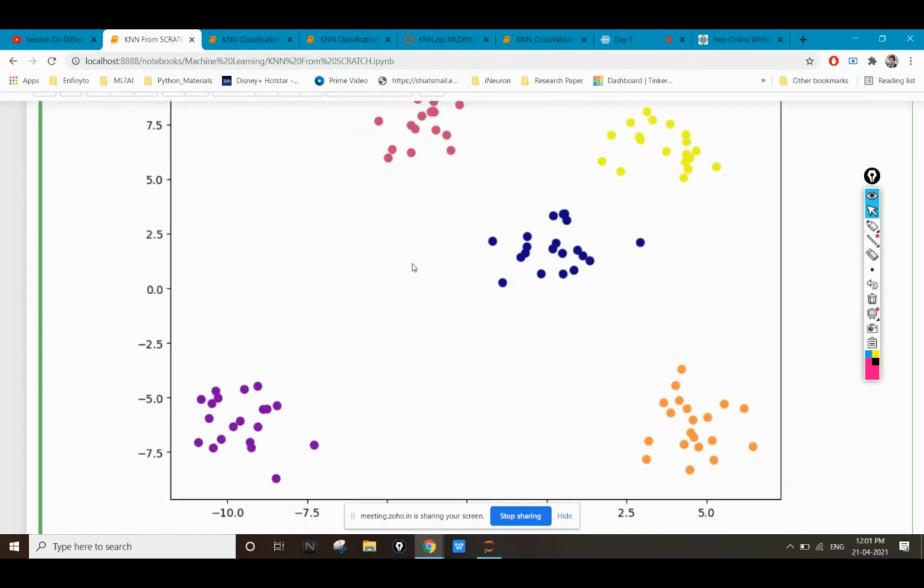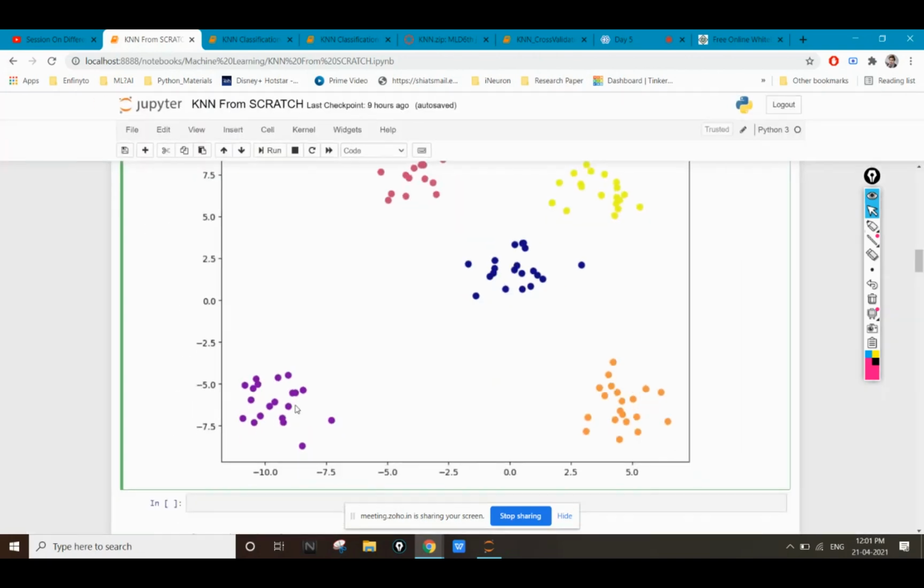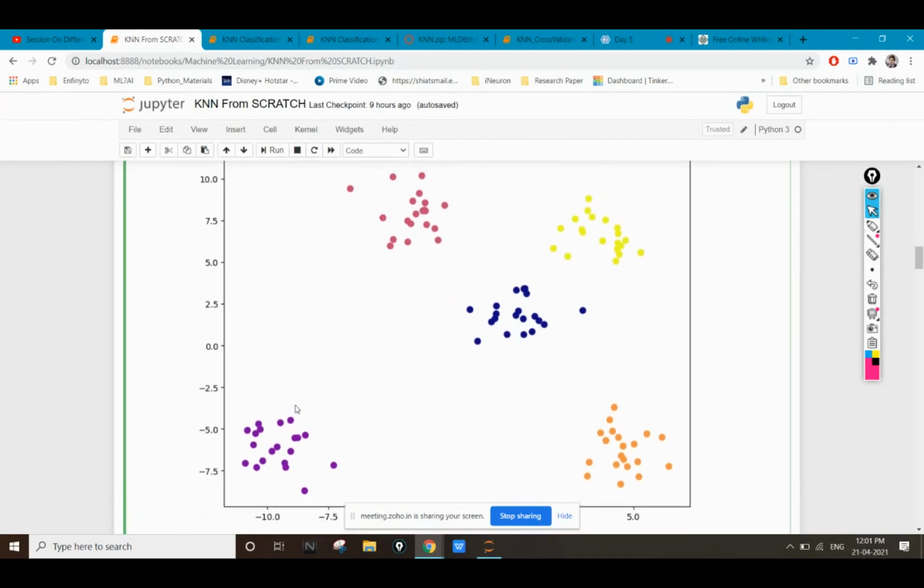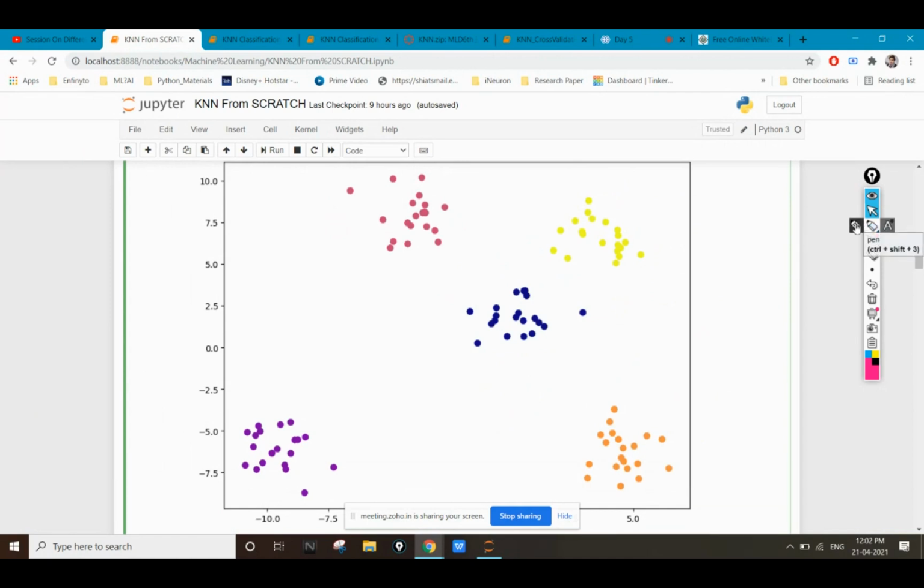Okay, see, so my library is able to categorize these points into 5 different groups based on their centroids. Okay, so if I draw the centroids on these points, the centroid should be somewhere here. The centroid should be somewhere here for this particular group.